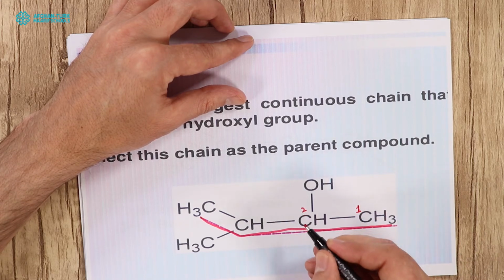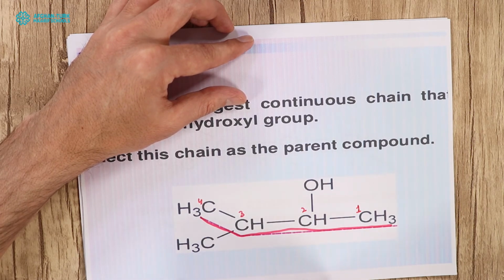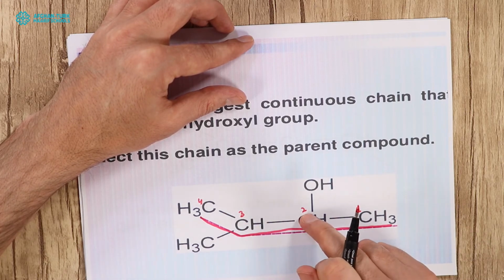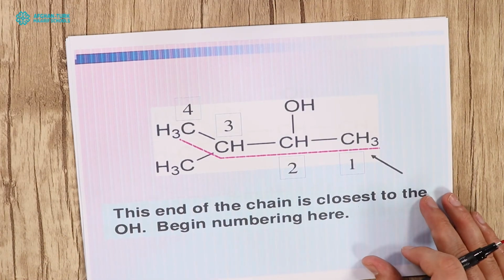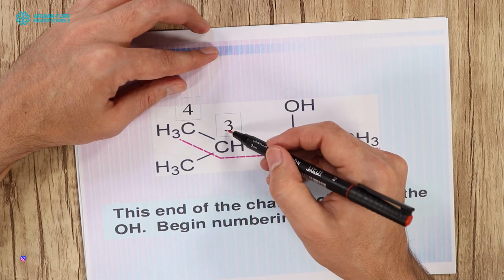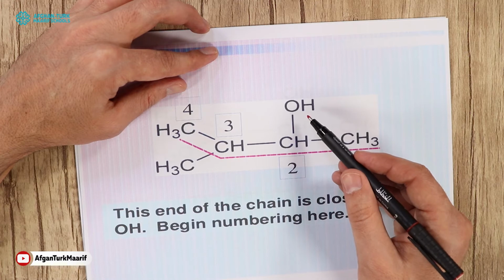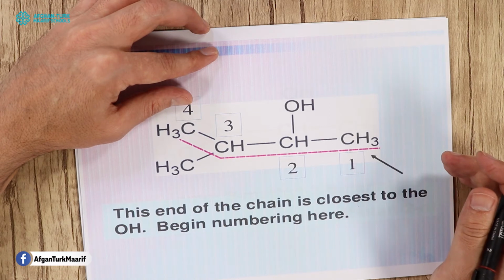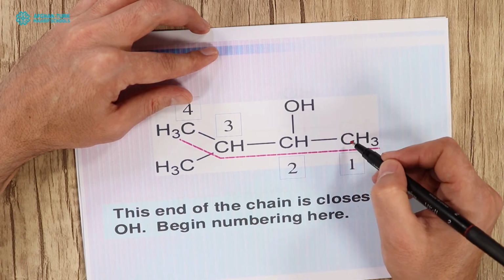This will become my second carbon, this my third carbon, and this my fourth carbon. So I have 4 carbons here, and on the third carbon you can see a methyl group, and on the second carbon you can see the OH group. How can I give the name to it? This is your first carbon, second carbon, third carbon, fourth carbon. On the second carbon you can see OH, and on the third carbon a methyl group. The end of the chain closest to the OH group is where I start.